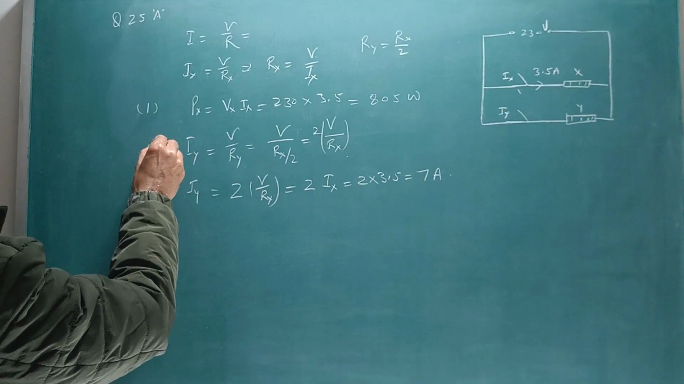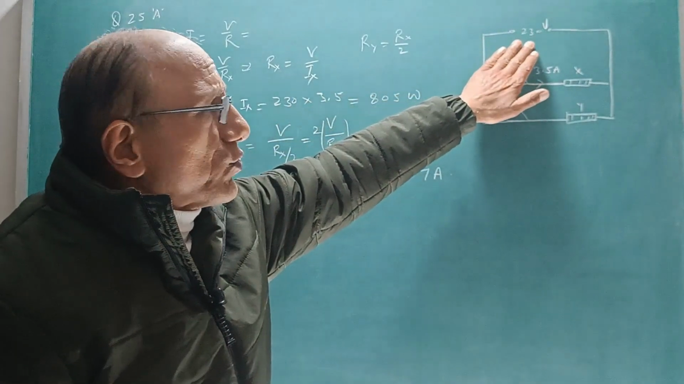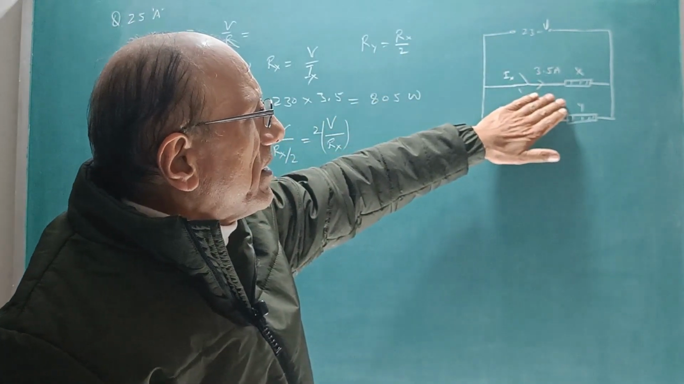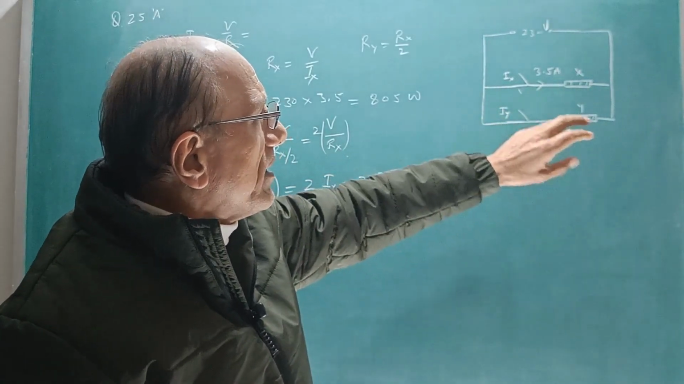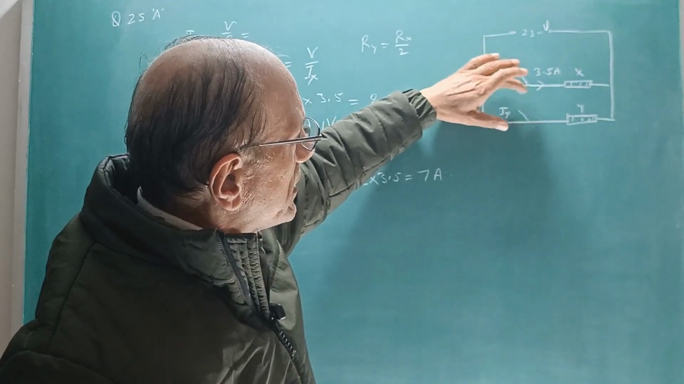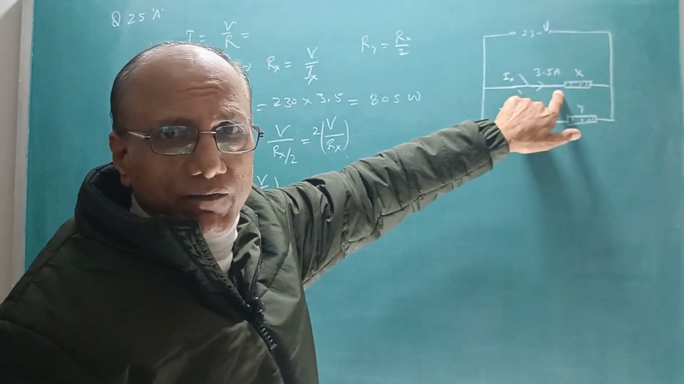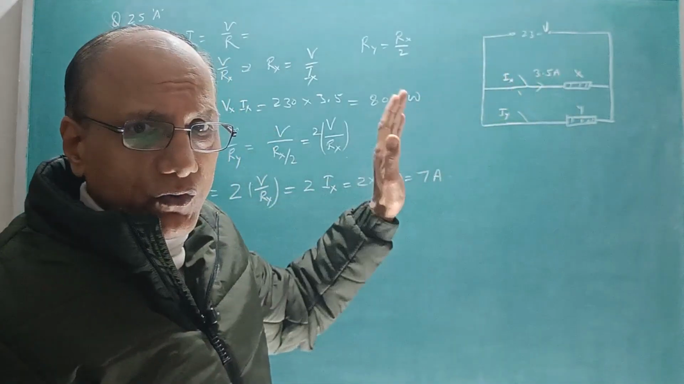Just once again we'll explain. Here is the source of 230 volt. There are two dryers having resistance, dryer X and Y. When these keys are both closed, then the current flowing through dryer X is 3.5 ampere. So we are asked